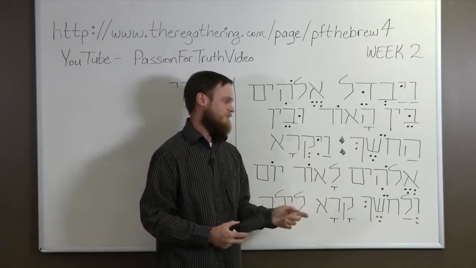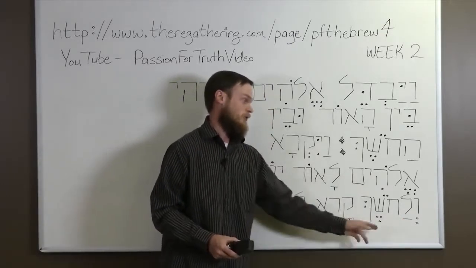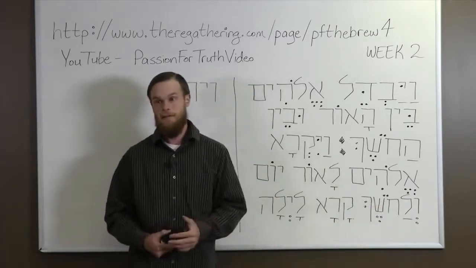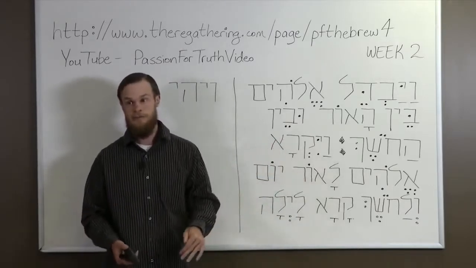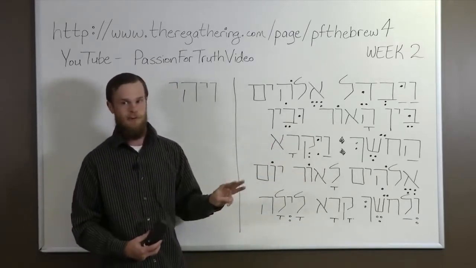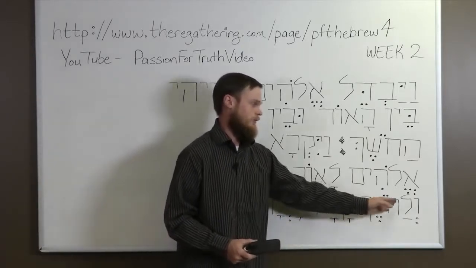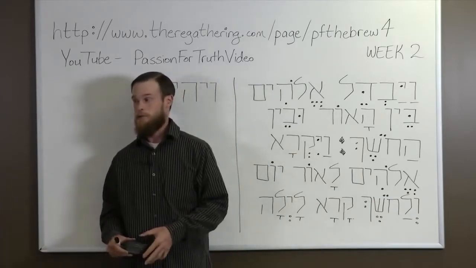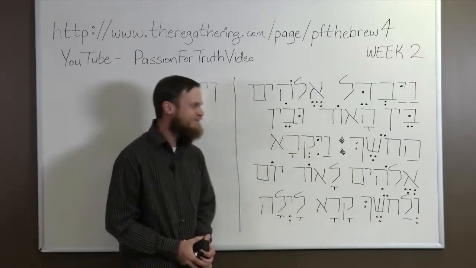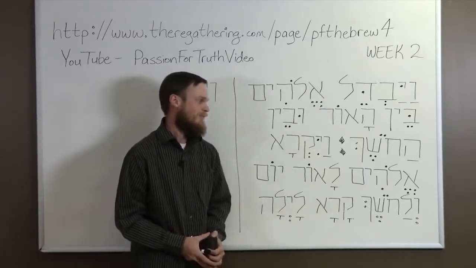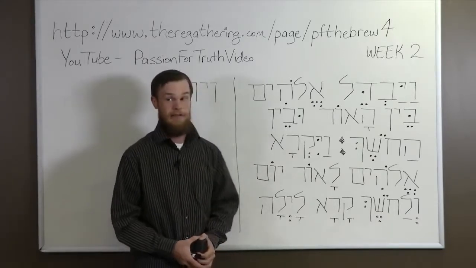Okay. Yes, it is a patach because the definite article before a chet just takes a normal patach. But it's a qamets here because the definite article before an aleph takes a qamets. Aleph, ayin, and resh are the three. But for some reason, the chet is not one of them, even though the chet doesn't take a dagesh. That is one of the great mysteries of Hebrew grammar, to me. Okay, but v'la choshech, and to the darkness,